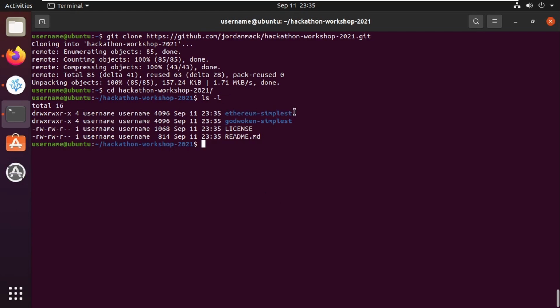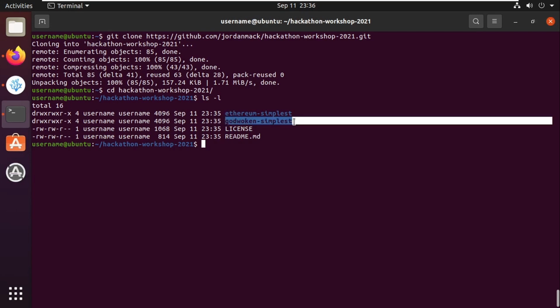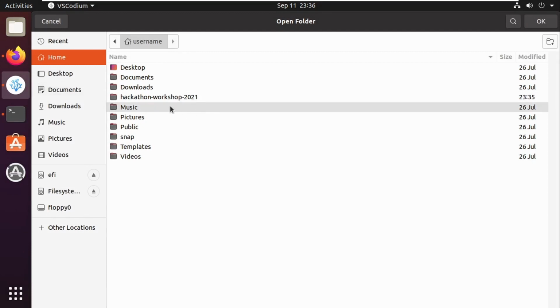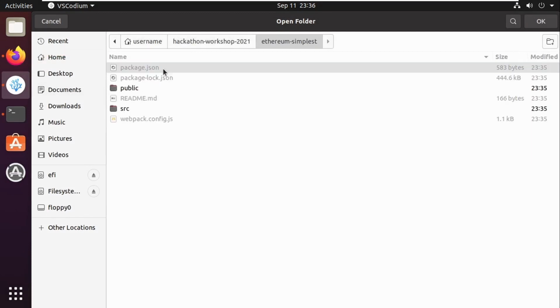The Ethereum version is the one we're going to be going through, and the Godwoken is what we're trying to convert it into. We're not really going to go through that one. It's just provided, so if you wanted to take a look at it for reference later, you can. It's in the repository. We're going to be working with Ethereum simplest and converting it over into the Godwoken version. So if we open this up in an editor,